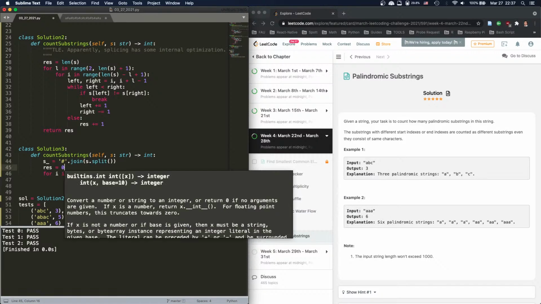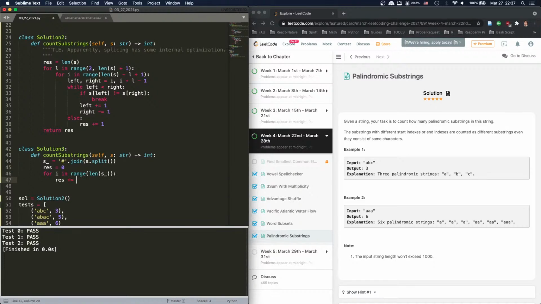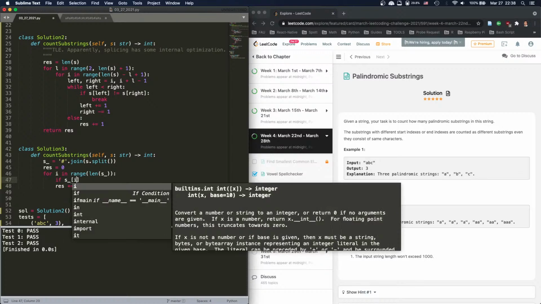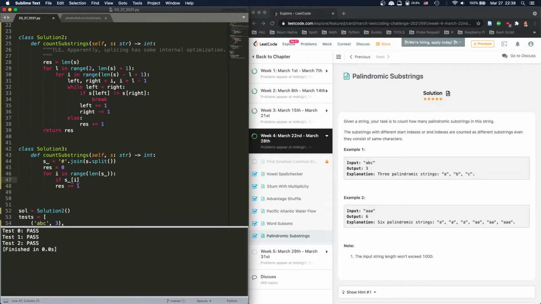Res equals 0. For each i, res plus equals 1 by itself. If s i is not equal to this, then we do this, right? Plus equal 1. And then when it's C,